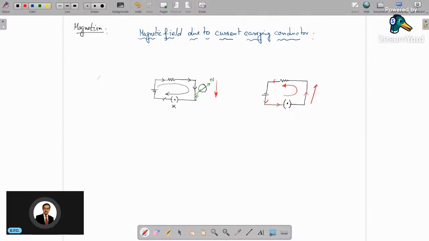The current will flow in this direction now. And now if we place the same compass over here, we will see the direction of magnetic field. From here it will shift towards left like this, and here it will show north pole, here it will show south pole direction. Okay, so the change of magnetic field,